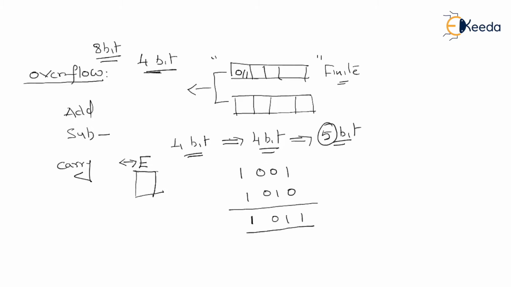But sometimes the result may produce an end carry. I will take an example. I'm adding two values, that is 0111 and 0111. Here the problem is the result cannot be confined and accommodated within just a 4-bit register. As you can clearly see, the result will exceed the number of digits of a register. So when you add these two, what will you get? Generally, this is +7 and +7. The result must be +14, right?